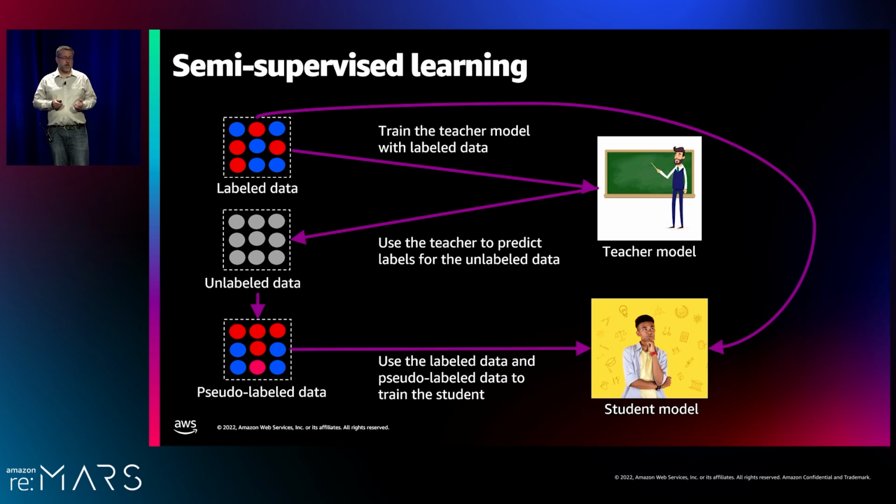And this works really well, but there are a couple of downsides to it. One is that the teacher is a model, and so it can also make mistakes. And so when the teacher makes a mistake, it shows up in the pseudo-labeled data as an error, which then can translate into the student starting to make mistakes. This phenomenon is called self-reinforcing errors. So we have to figure out how to break that cycle of errors.